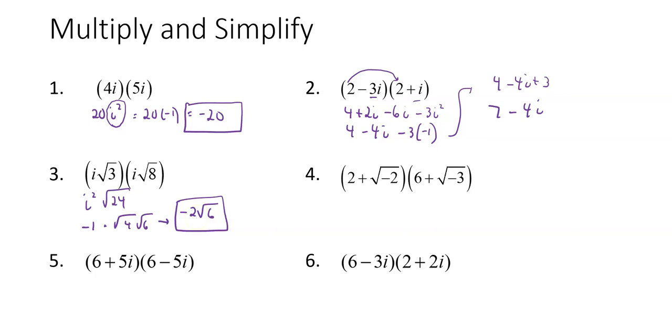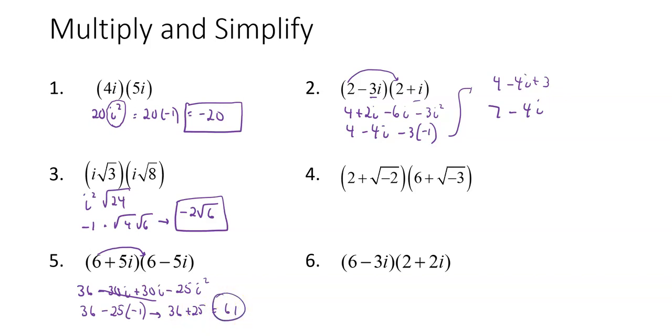All right, let's look at the one underneath it. Something interesting happens with number 5. If you FOIL this out, 6 times 6 is 36. 6 times negative 5i is negative 30i. 5i times 6 is positive 30i. 5i times negative 5i is negative 25i squared. The 30i's in the middle cancel out. This gives me 36 minus 25i squared. Replace the i squared with a negative 1. So I get 36 plus 25,